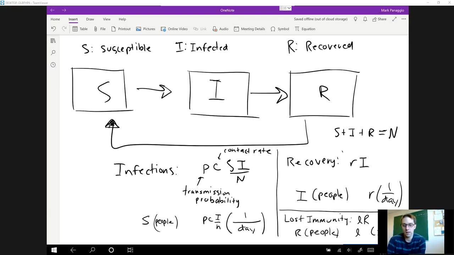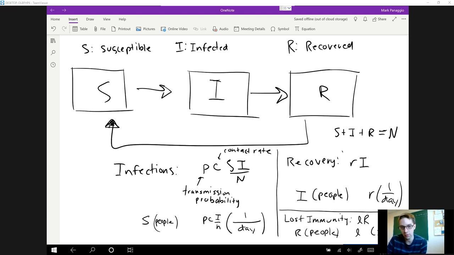In the previous video, we looked at a model for epidemics in which we had three classes of people: susceptible, infected, and recovered. And we allowed people to transition between those states based on certain simple interactions. So when susceptible and infected people interacted, there was some probability that they would transmit the virus or bacteria or whatever was carrying the disease. And so we had a transmission probability P that we used.